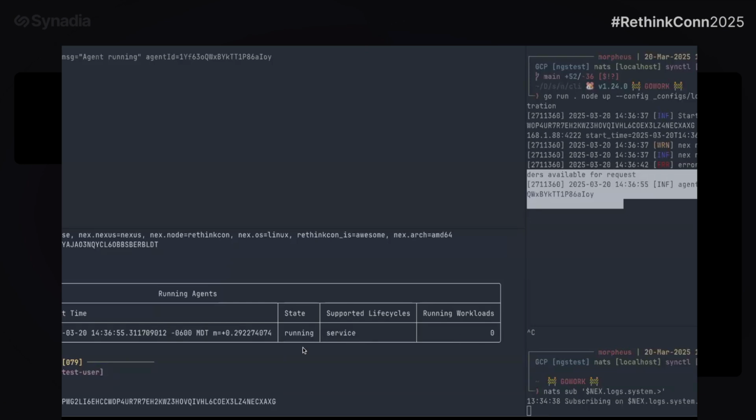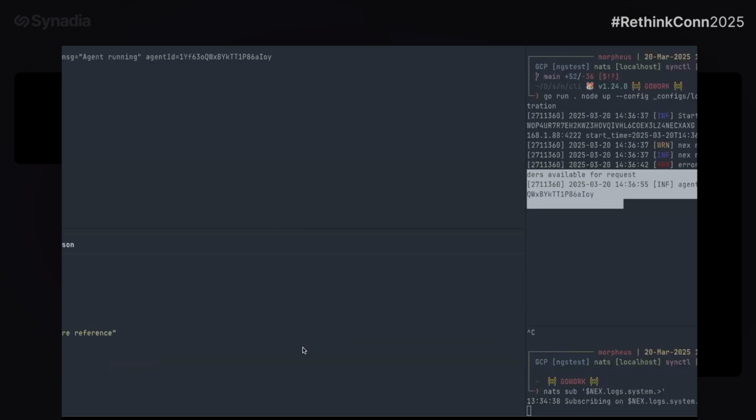Now I'm going to show you what that agent's unique start workload request looks like real quick. The only thing that that agent's expecting is a NATS object store reference.